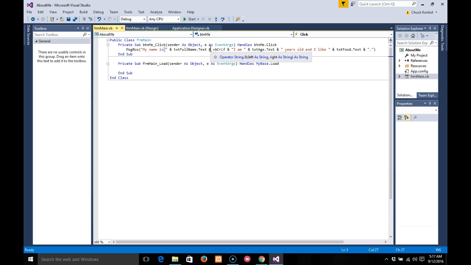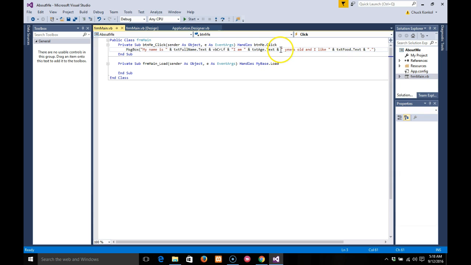Then another ampersand, and what this is doing right here is concatenating the string, putting this object in the string to view in the message box. vbCrLf is going to represent a carriage return, as it says here on the pop-up help in Visual Studio. And it's just like hitting the enter key on the keyboard, but you're doing it in code. Ampersand, and then, so this will be a new line, so I don't need a space. "I am " ampersand